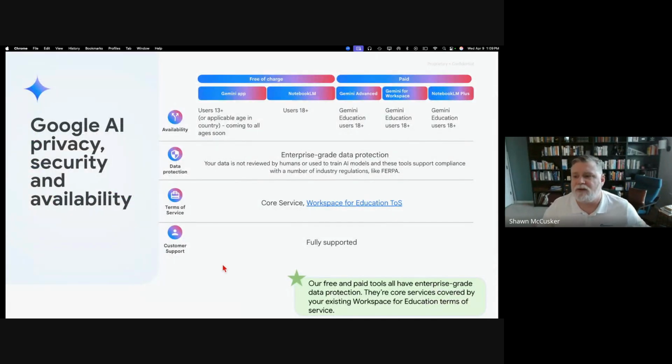All right. So in terms of privacy, whenever we're talking about these things, one of the things I always had to do was go back to my school, to my technology folks, to the administrators, and prove to them that there was privacy and that these things were suitable for use by students. All right. So if you look here, the free-to-use tools are Google Gemini, which is usable for people over 13 years old.